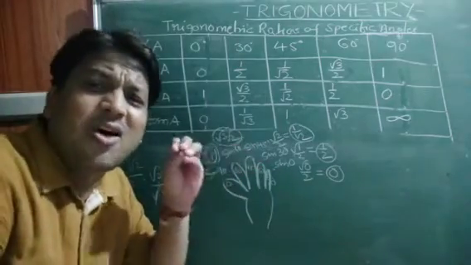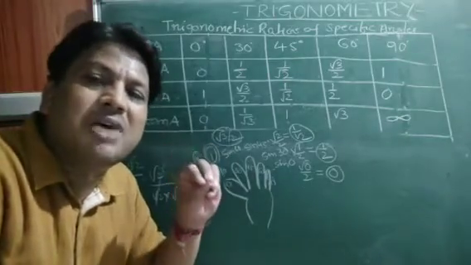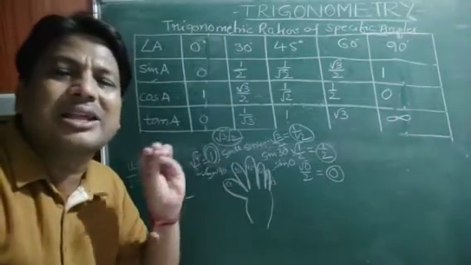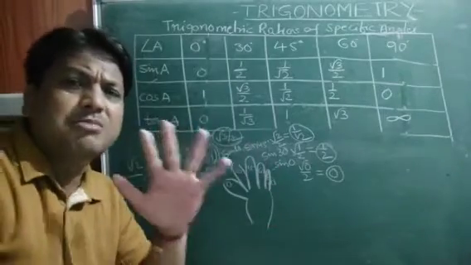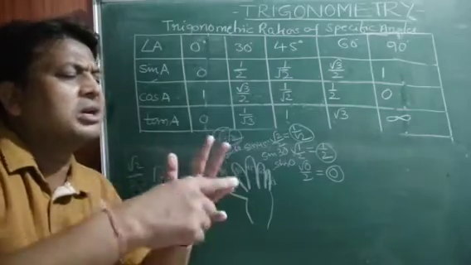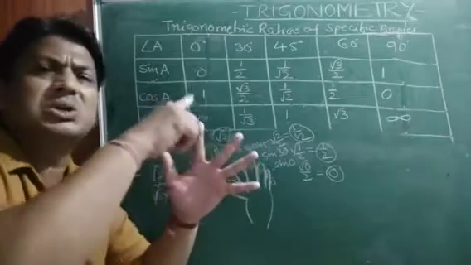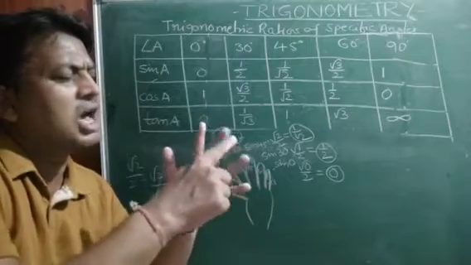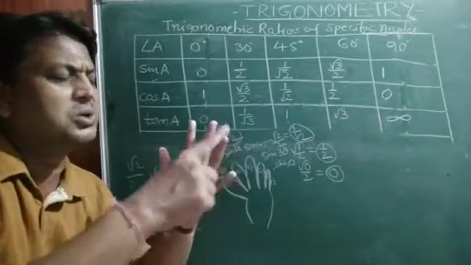Is it not so easy? On this basis, we have to evaluate the given question. Means in terms of trigonometric ratios, these values will be given. We have to put the values of this and get a numerical solution. Okay children, so it is very easy. Remember this also, learn the table by heart, a memory tip. For sine 0, 30, 45, 60, 90: root 0 by 2, root 1 by 2, root 2 by 2, root 3 by 2, root 4 by 2. For cos 0, 30, 45, 60, 90: root 4 by 2, root 3 by 2, root 2 by 2, root 1 by 2, root 0 by 2.